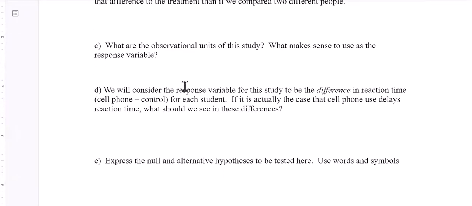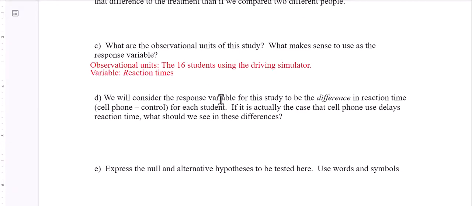What are the observational units in this study, and what makes sense to use as the response variable? The observational units will be the 16 students doing the driving simulator. And the variable that makes sense to use here will be reaction times. But really, what we want to look at is the difference in reaction time. So here we will consider the response variable for the study to be the difference in reaction time,